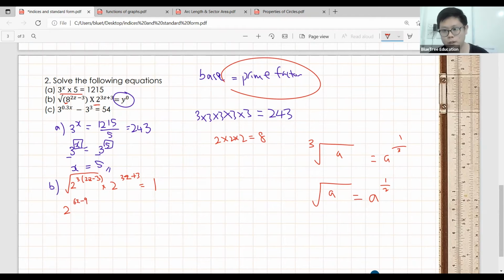And if I also include the square root into the index, it's going to become a fraction of over 2, isn't it? And I don't want to put it in a single fraction because later on I might have to join some like terms together due to the fact that I need to combine with this, isn't it? So putting them in a single fraction might complicate things. So I want to divide